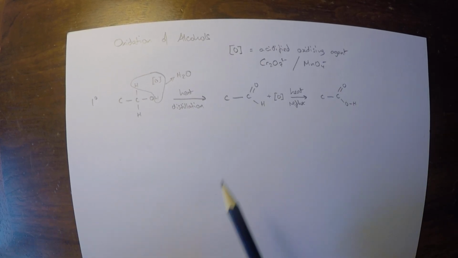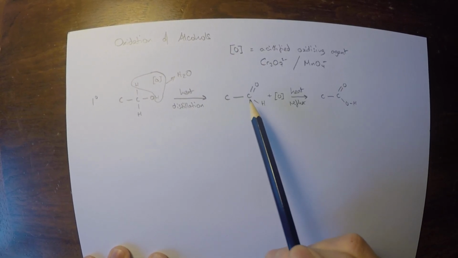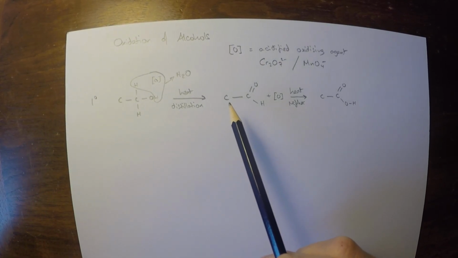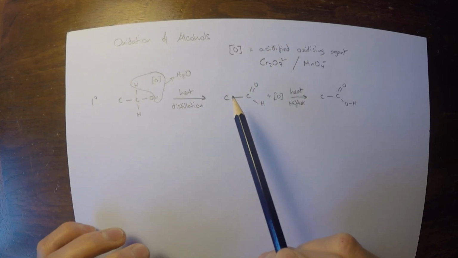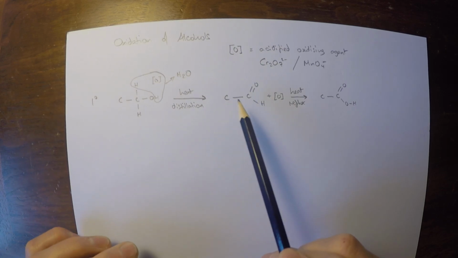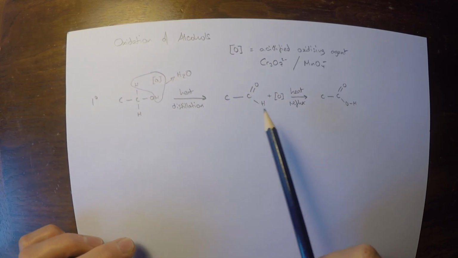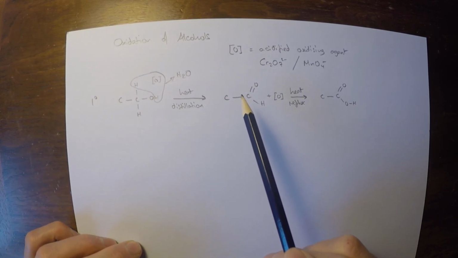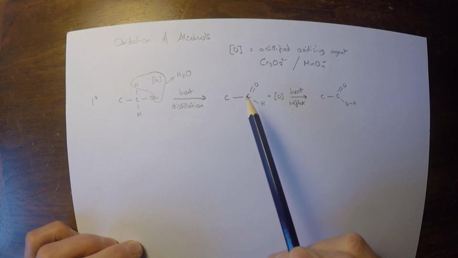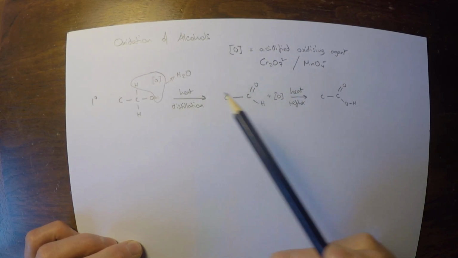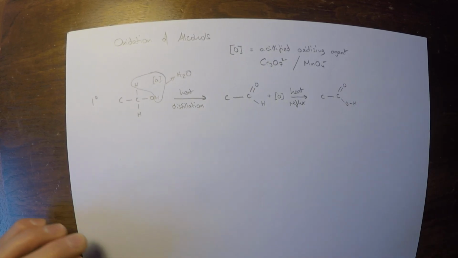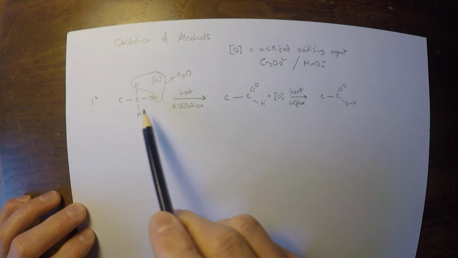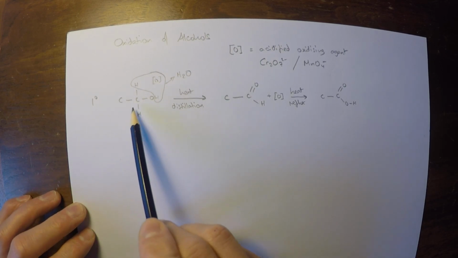And the difference here is that with distillation, the product, once it evaporates, is removed from the reaction vessel and condensed into a separate container and can no longer undergo reaction. Under reflux, the product condenses and drips back into the reaction vessel and will continue to oxidize until it is all oxidized to produce the carboxylic acid. So this is the oxidation of a primary alcohol, where we had a single carbon attached to the carbon with